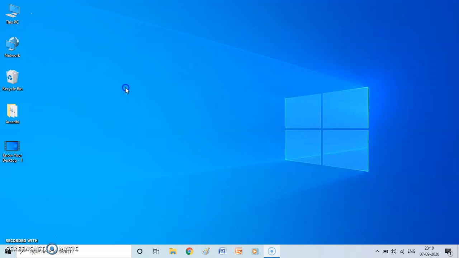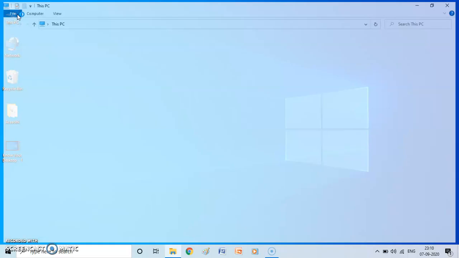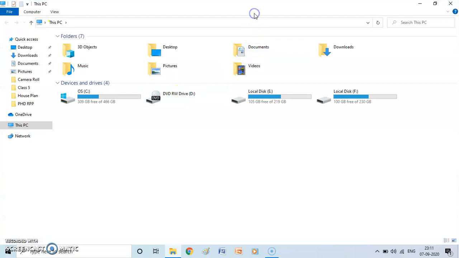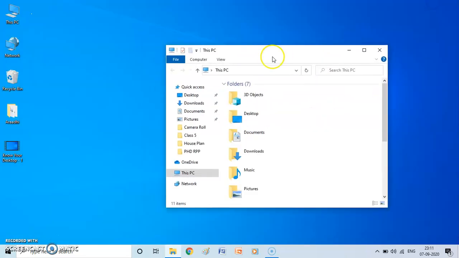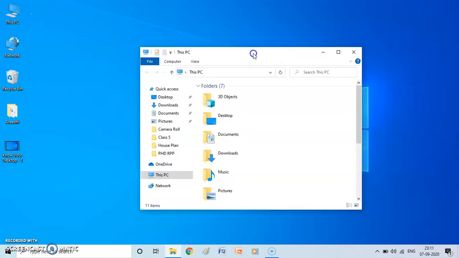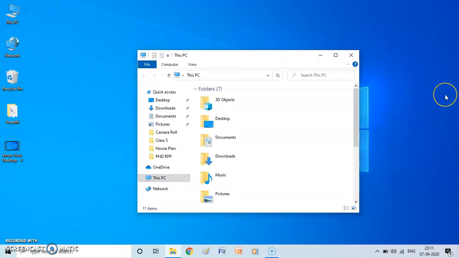Now let me show you what I'm talking about. See, this is a window. Now, first let me shrink this window a little. Now see, this is the window. Normally this window is over there. I just now manipulated it, but let me show you again.